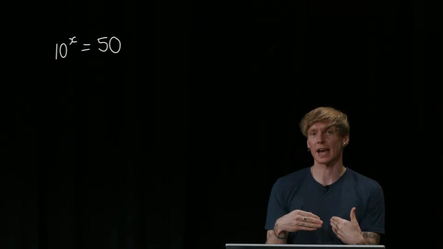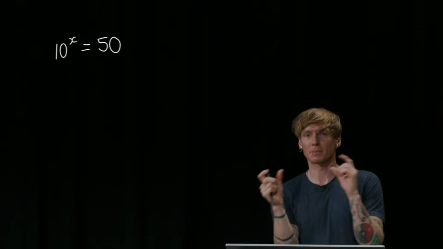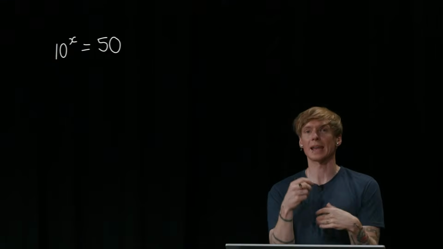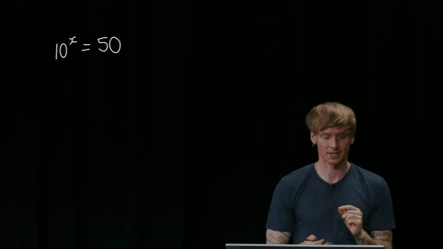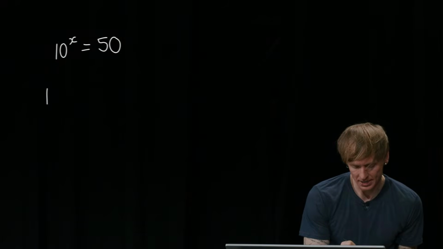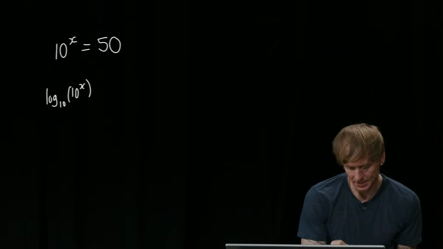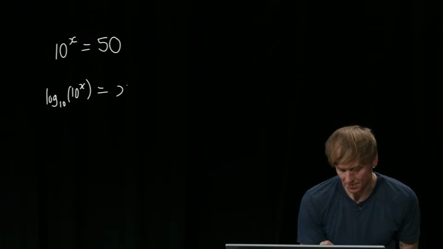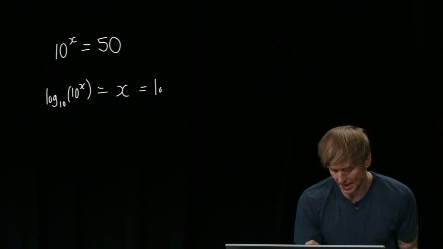And this is where the log is going to help us, because we take the log of both sides of this equation. We must do the same to both sides to make sure it remains equal. Taking the log to the base 10 is going to bring down that x, so it's going to cancel out that exponentiation process. So taking log of both sides, log base 10 of 10 to the x just cancels out the 10's and gives us x. Having done it to the other side, x is therefore log base 10 of